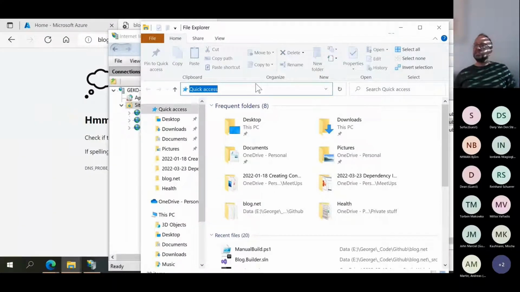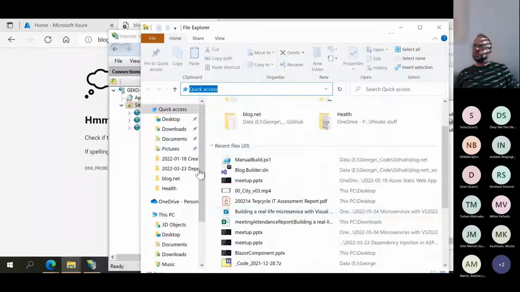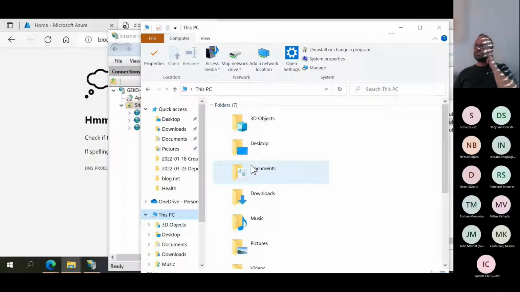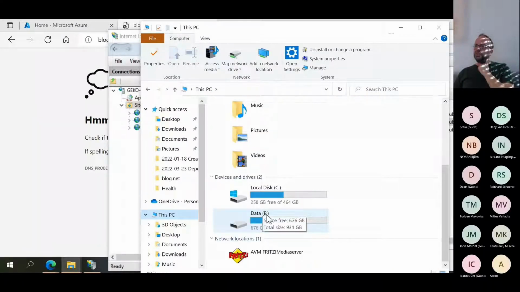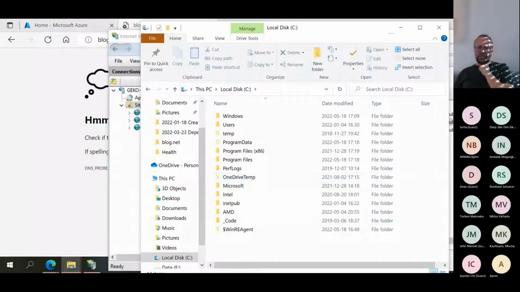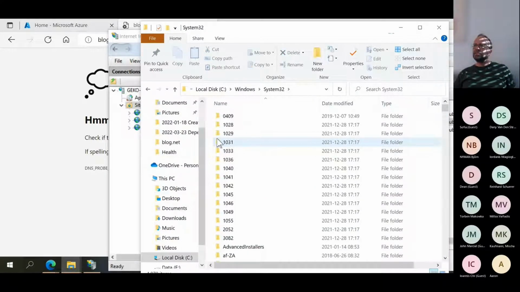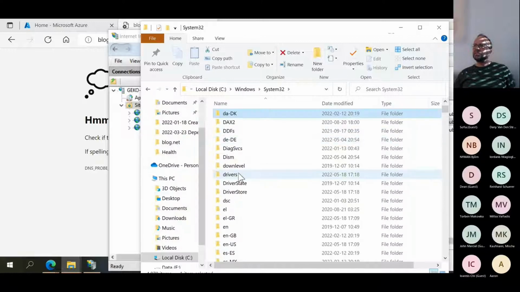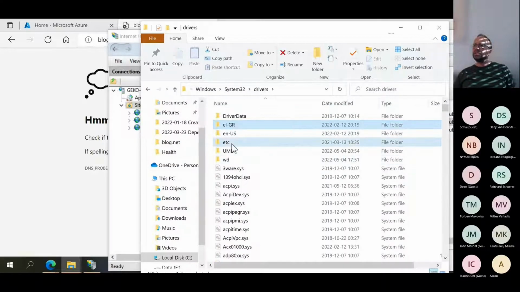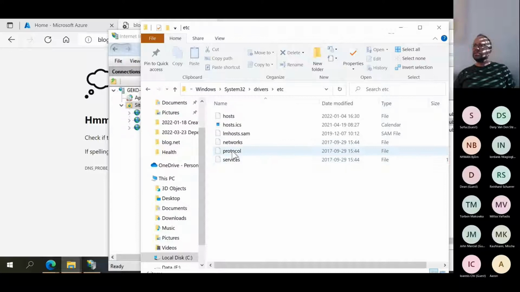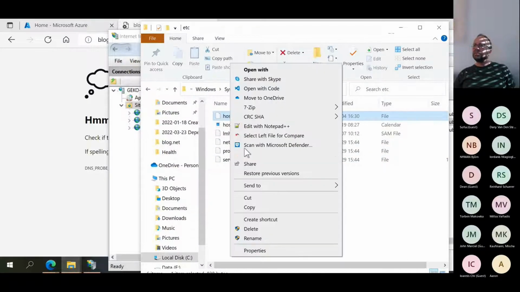etc. Let's go to, where is this PC? We need to go to C. I need to admit someone. Give me a second. Let's go to Windows System 32 drivers here, etc. here. To open this thing here,